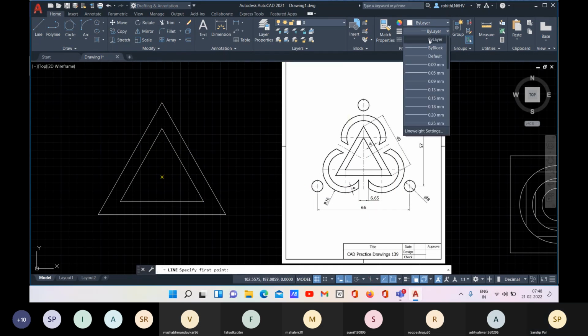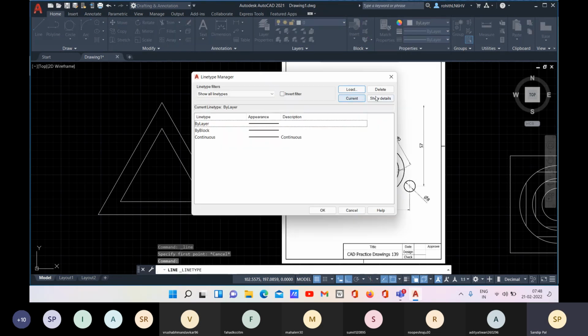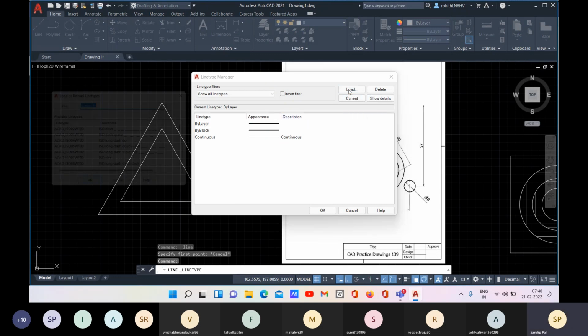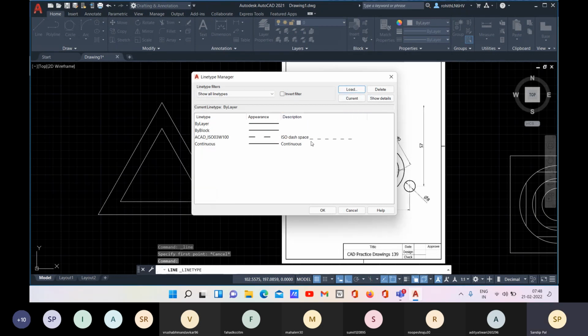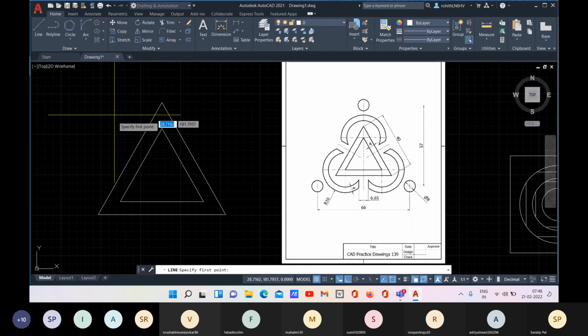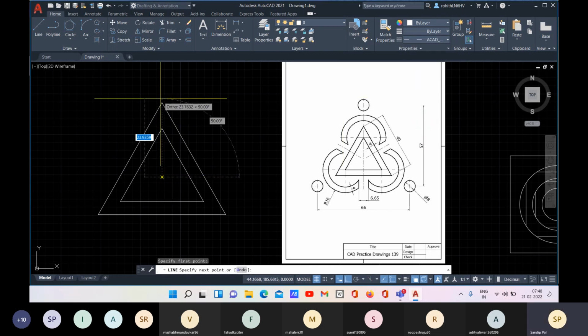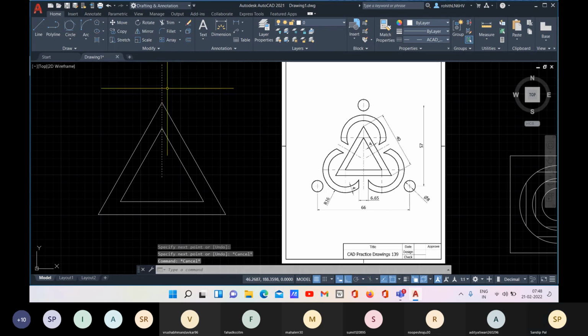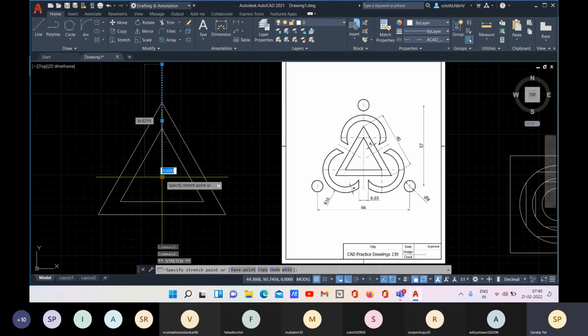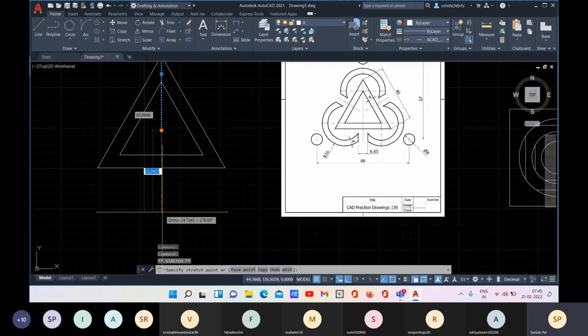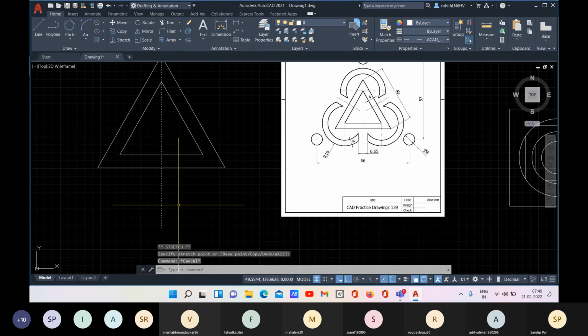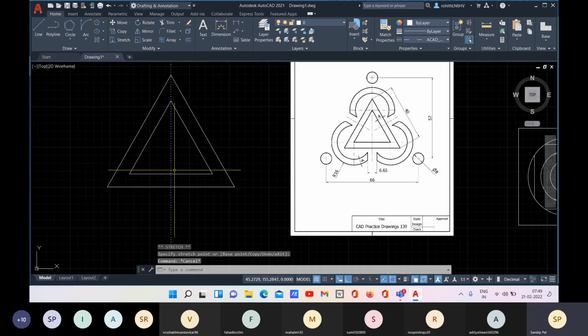For that, let me change the line type. Click on OK. Let me select it. Let me create the center line. And I can stretch it. So I'll just click and I will stretch. This is my center line.